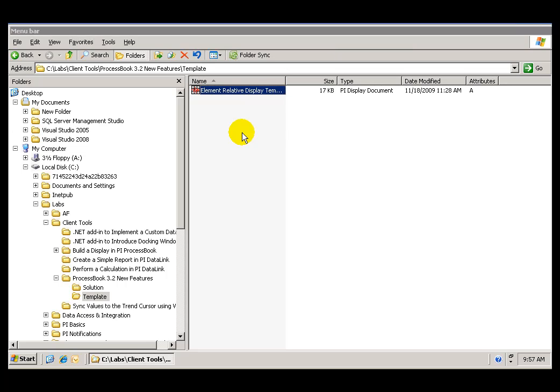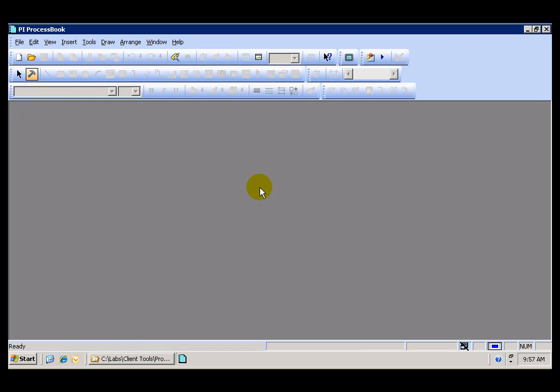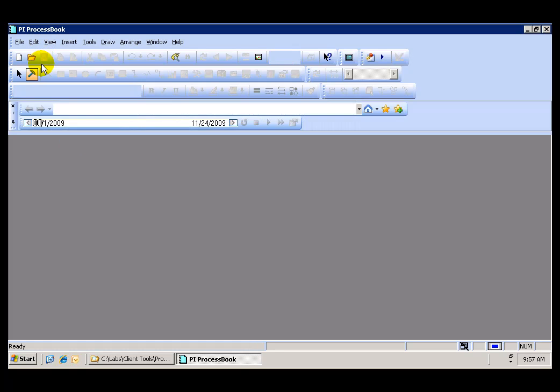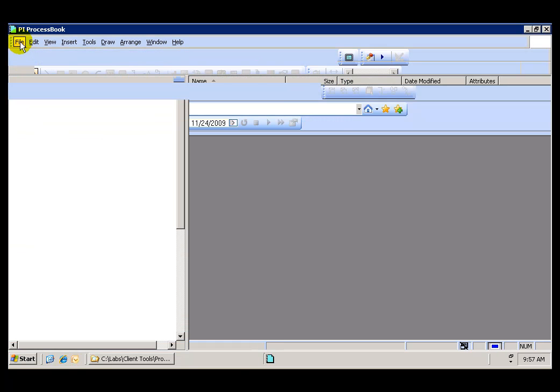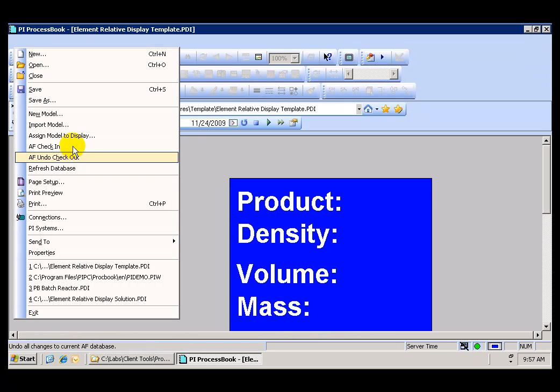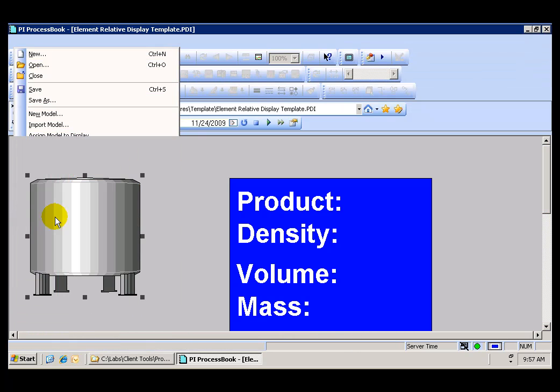The first thing that we are going to do once the template opens is to establish a connection to our PI server, and then to ensure that we are also connected to the correct AF database, which in this example is training samples. So let's go to File, Connections,